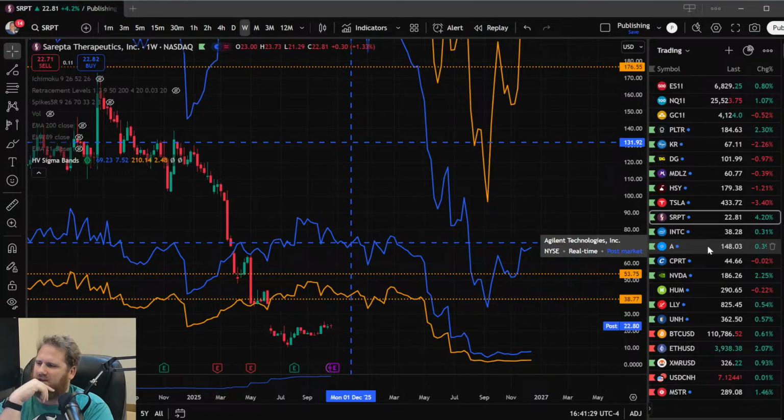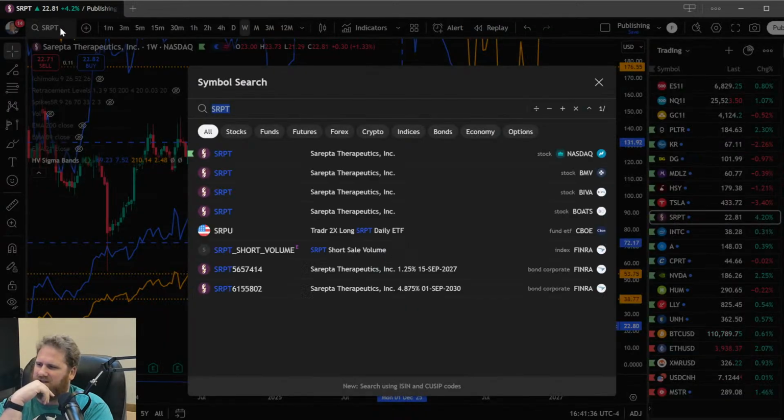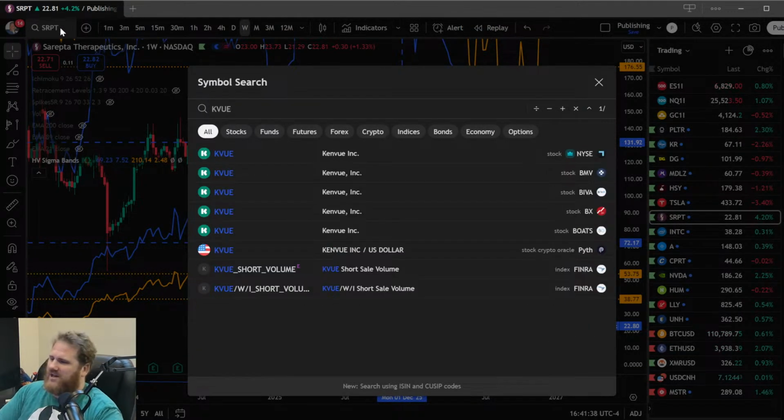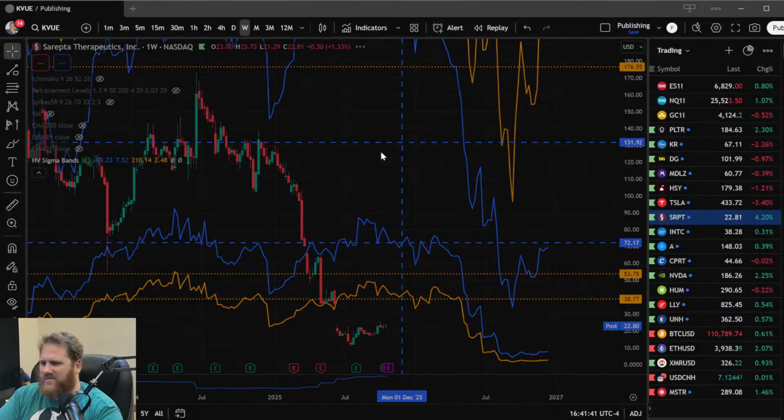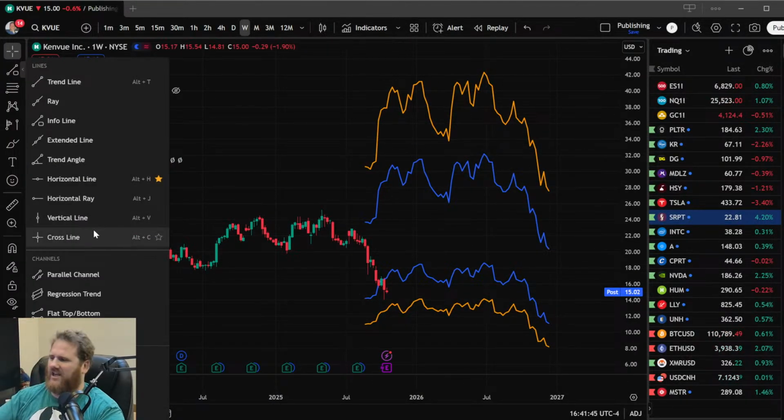Sarepta Therapeutics. This whole leg down. This position that I kind of hate, but it didn't really tell me what the bottom was when I went through it day by day. When something's tanking, it can just keep going. But if we had to,